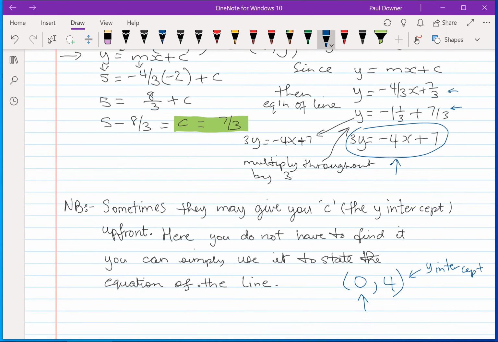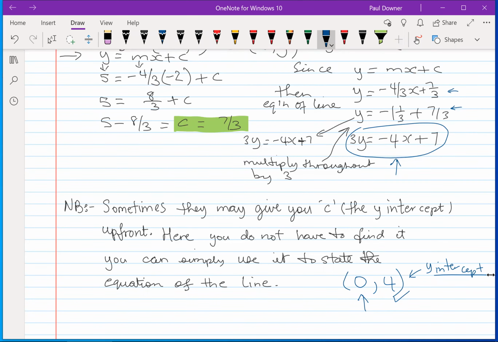Okay? So they didn't tell you it was the y-intercept, all they tell you is the line passes through the point 0, 4. But you have to know that once the x-coordinate is 0 for a point through which the line passes, then that point is the y-intercept. So all you have to do now is say, right, the y-intercept is 4, whatever gradient they give you. Let's say the gradient is 2, then you just simply write y equal to 2x plus 4